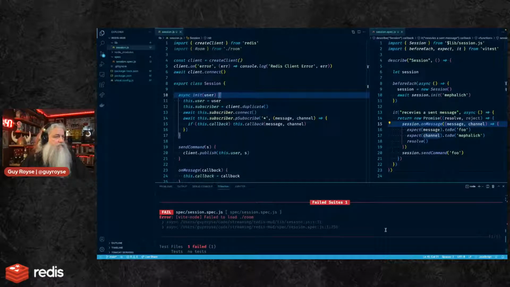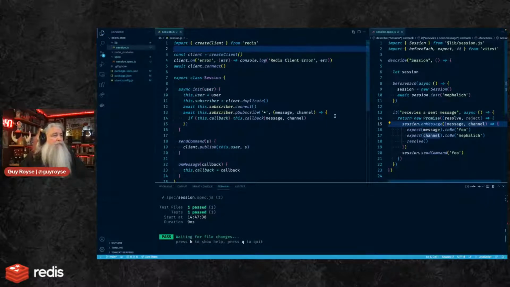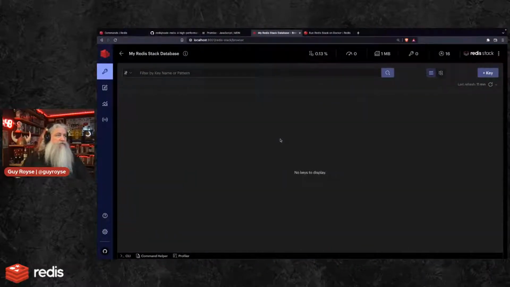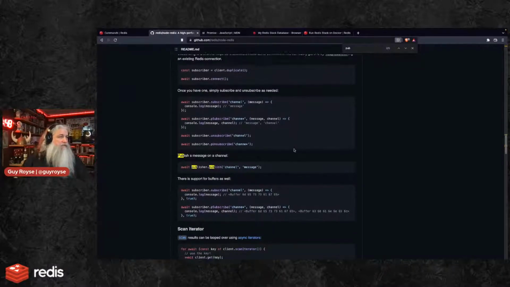Why is my test failing? Oh, failing import. I do want to subscribe to... does that mean we should subscribe to just messages for the room? I don't think that's the case. I think we should just subscribe to everything and filter it out, maybe, although that could be a lot of noise. Yeah, I think we should have subscribe at a room level. If we look at this subscribe, we probably should have an unsubscribe in here as well.